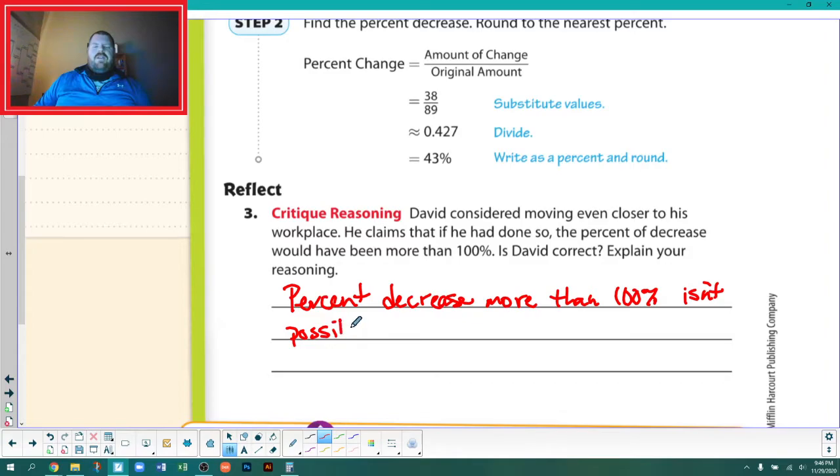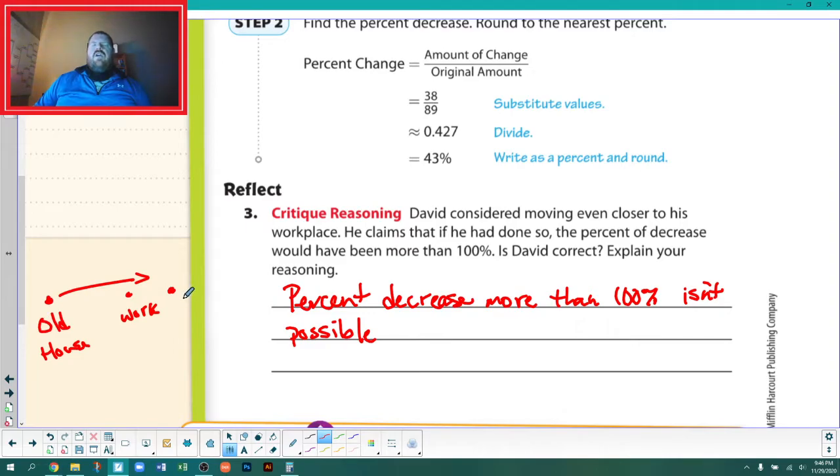Because if he's trying to say that he used to live here, let's say his old house, and then his work is here, if he's trying to say that he moved this way of his work, but he's closer, right, saying that he